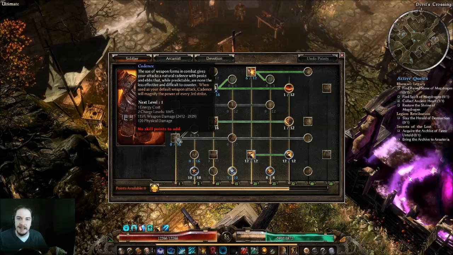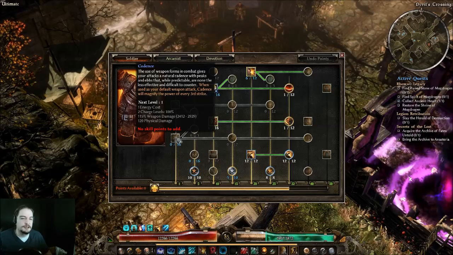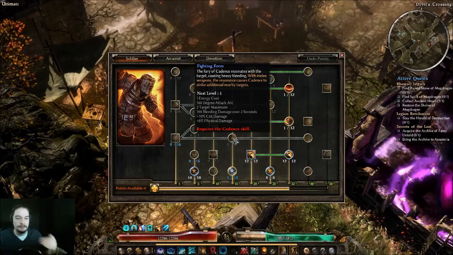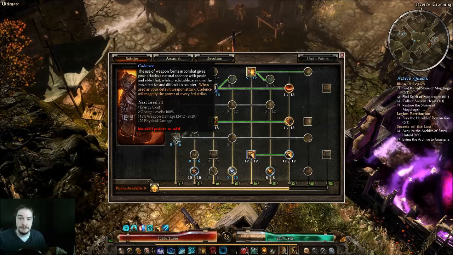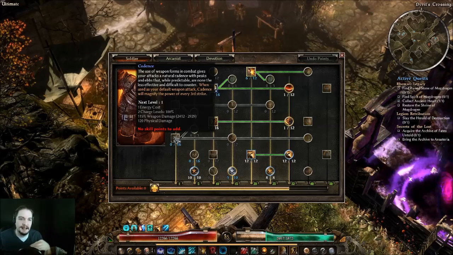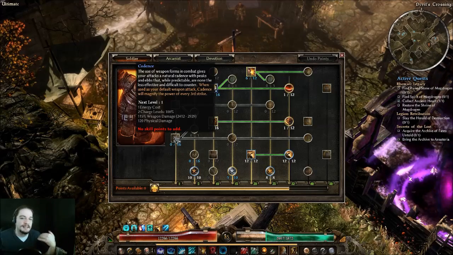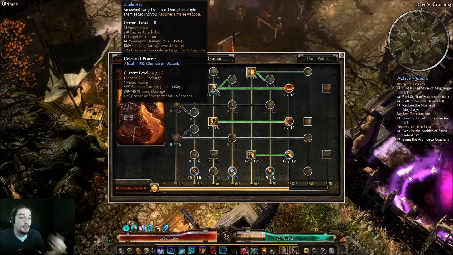Initially, I was using Cadence, but it wasn't doing it for me. It does kind of hit in that like arc in front of it when you have fighting form, and it can deal a lot of physical damage. But you kind of have to try to line up your Cadence hits with Mindwarp proccing, and sometimes it just doesn't work. So what I decided to do is switch over to Blade Arc, which while Blade Arc in and